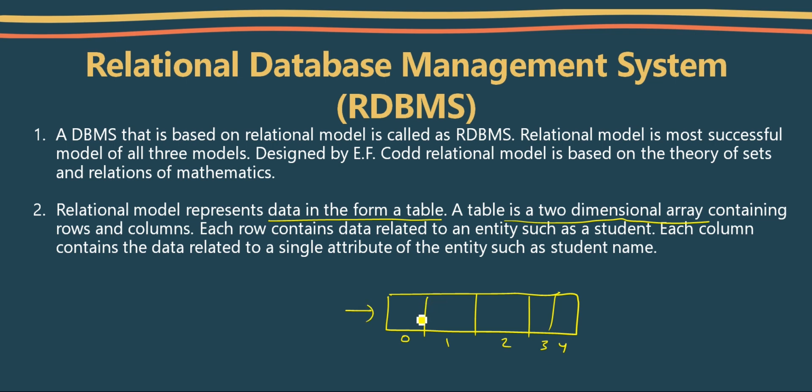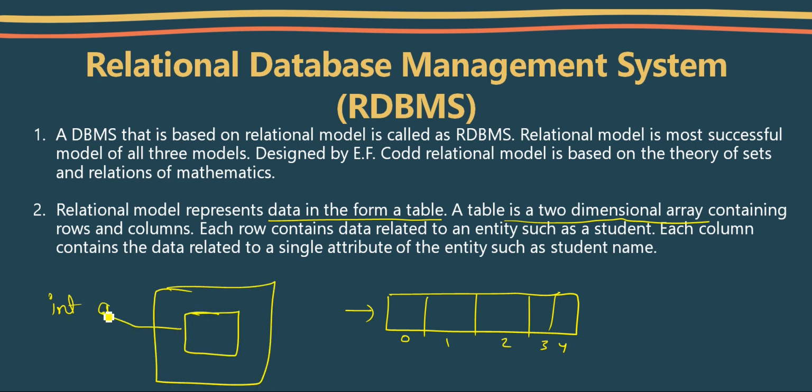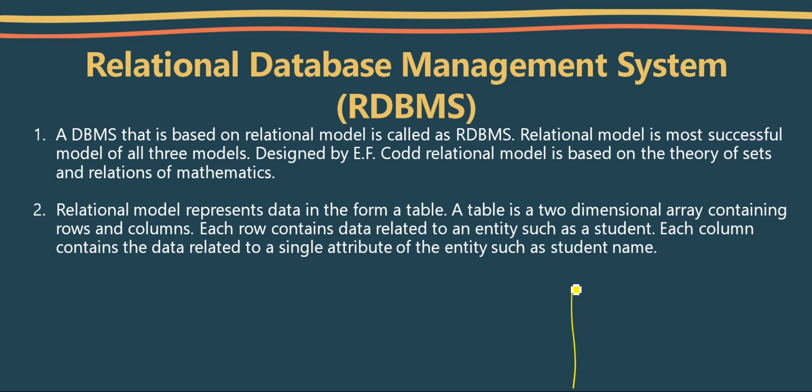Array is something about this. Let's say when I create a variable int a, it is going to store a memory location whose name will be a, right? But when we create an array, it can have n number of sequential memory locations. So let's say n number of memory locations will be there. So it is a two-dimensional array, meaning we have rows and columns, right? Something like this.